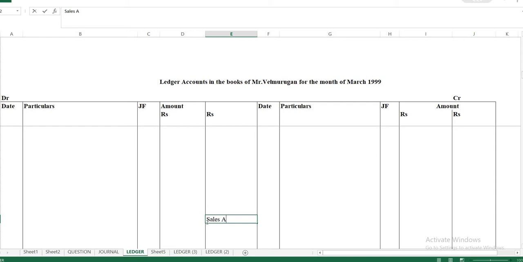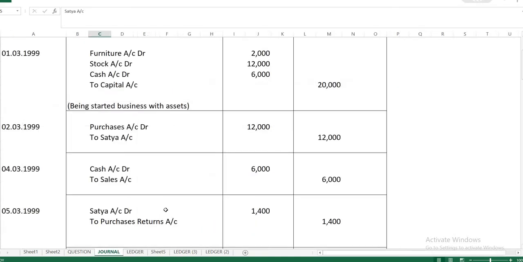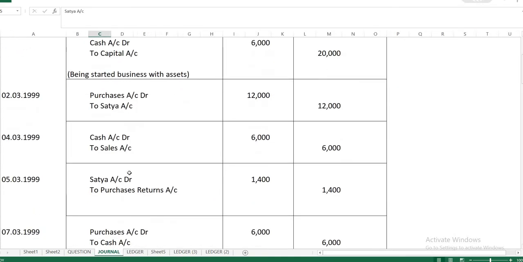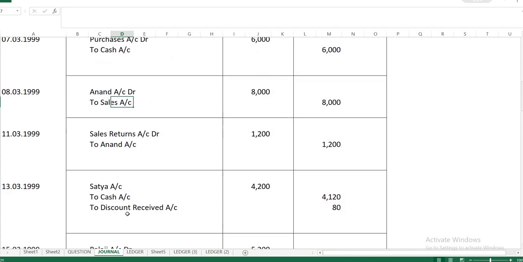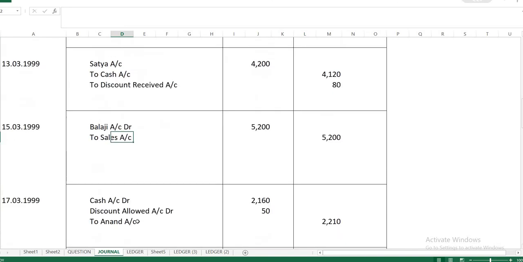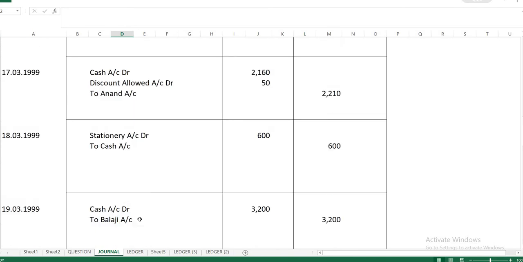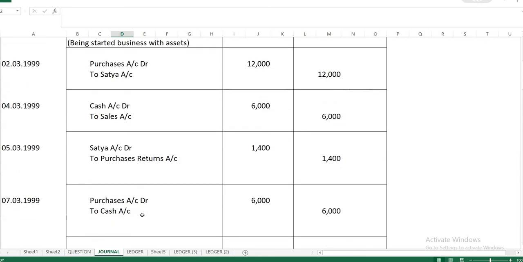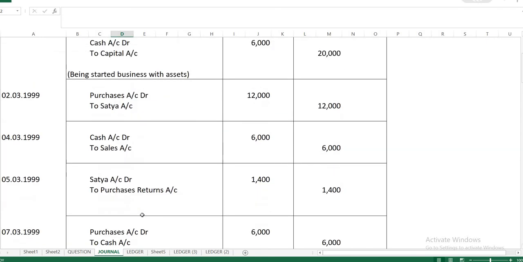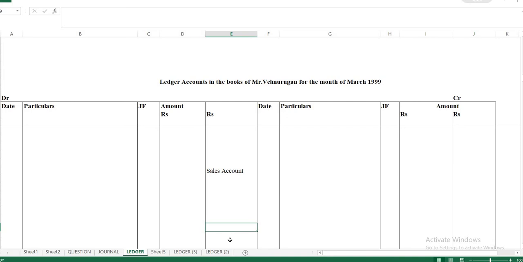Like this I can open and keep, or one account you can do it up, and also you can find out. Okay. So sales account I created. Sales would have occurred repeatedly. Here if you see, sales is there. Then where else? Here also sales is there. So think accordingly and leave space as per that. Okay, so let me give out some space for that.